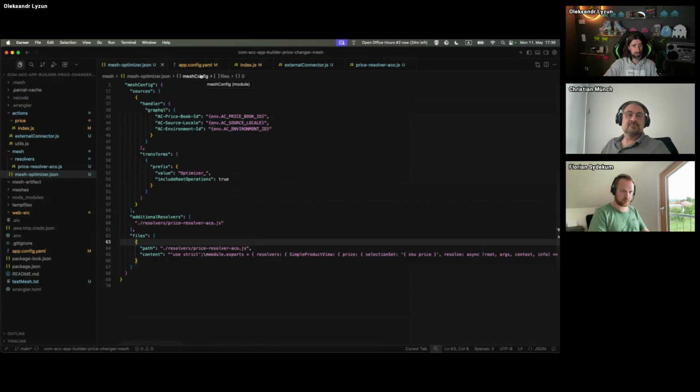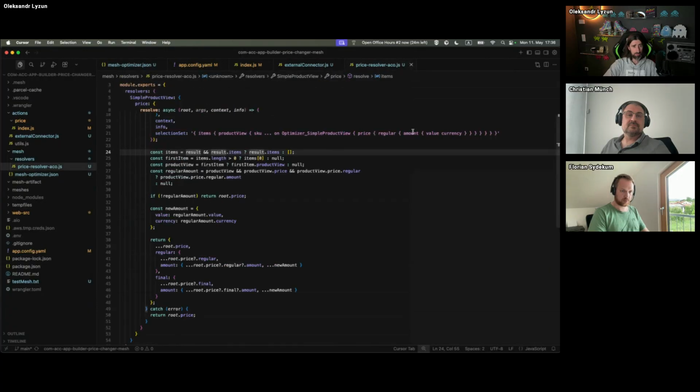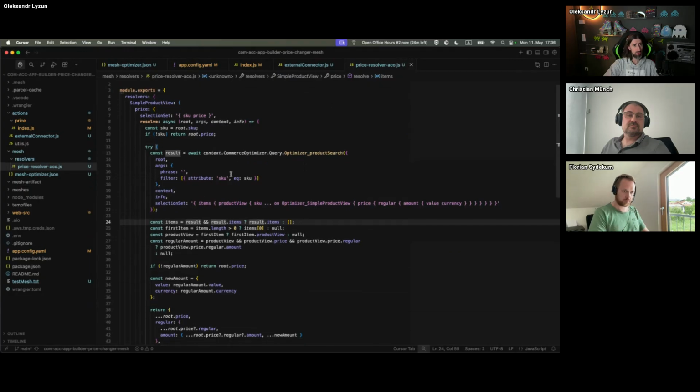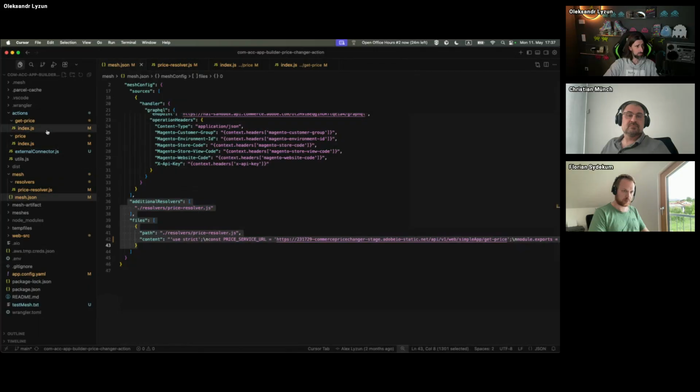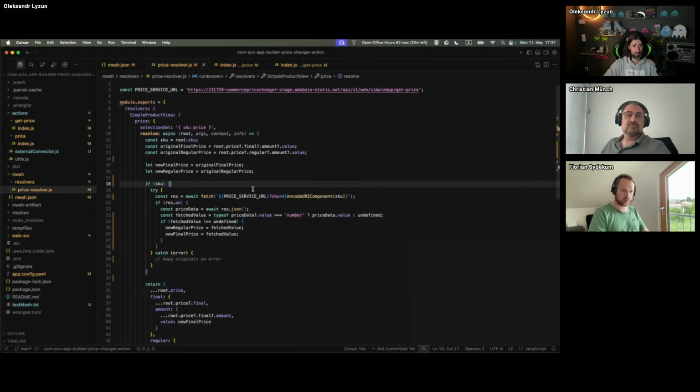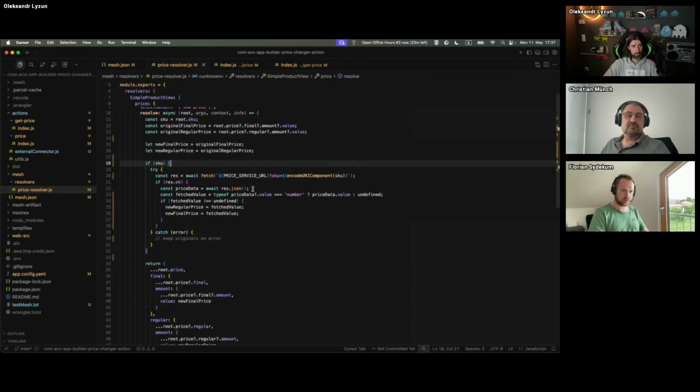Why did I do it? Just to give you the understanding that in the price resolvers, you can literally do whatever you want. So you can fetch from any other third-party system. You can fetch prices from outside.